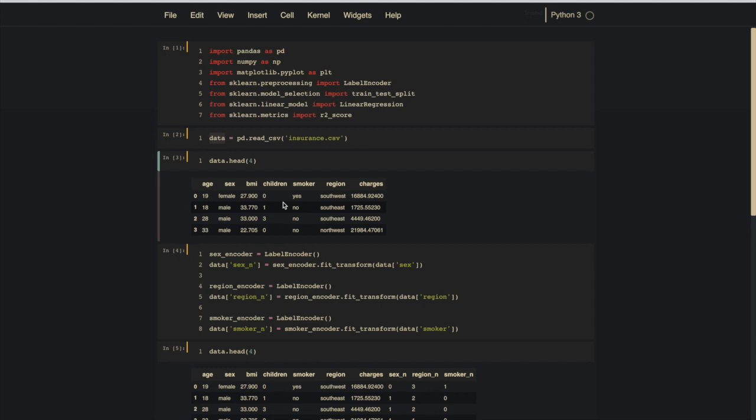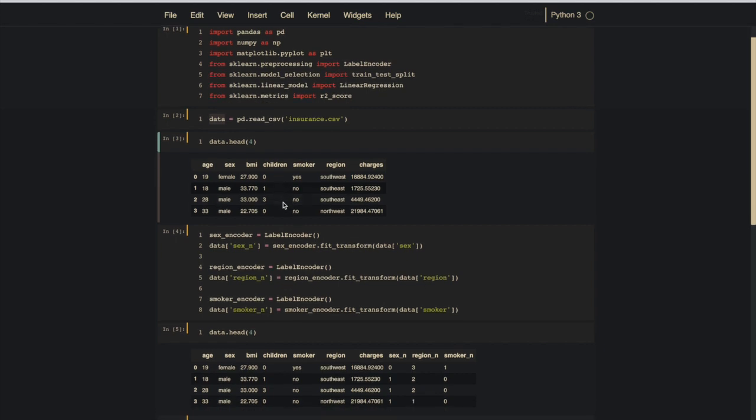That's called encoding. There are multiple types of encoding, but here we will use label encoding. Label encoding basically means you take the distinct values of that feature and map them to 0, 1, 2, 3, something like that.